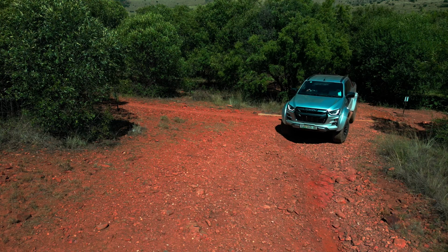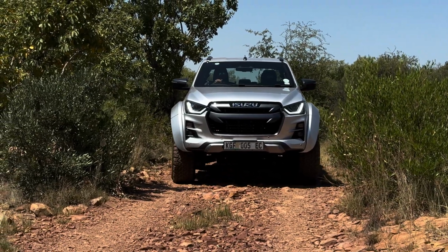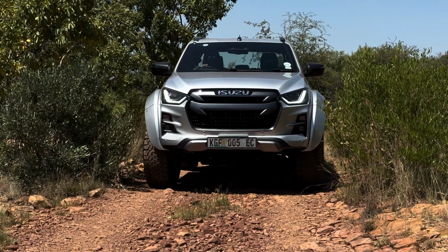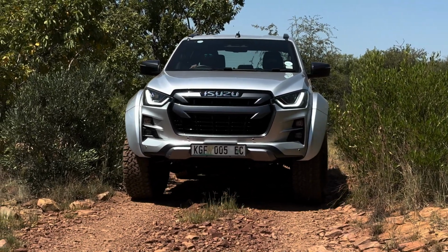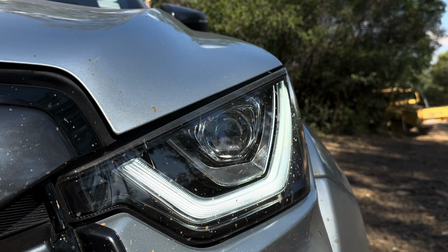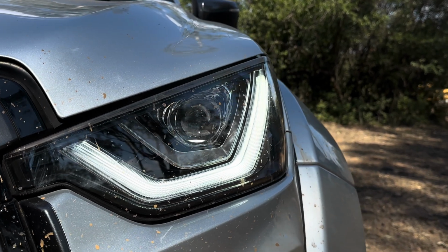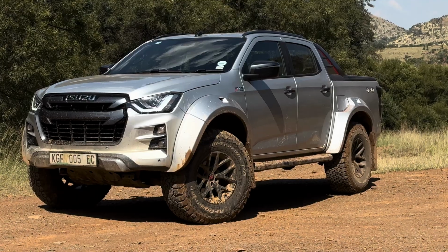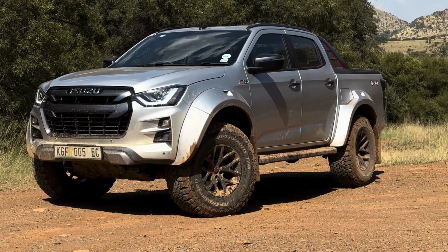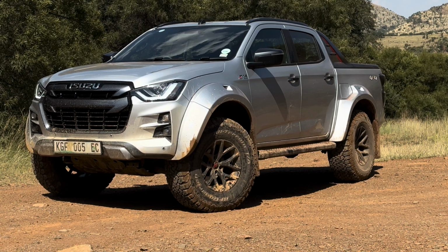It's got big flared fenders, and it's rolling on 35-inch all-terrain tires, so it is quite the attention grabber. It looks quite menacing, and I think a lot of people are staring at you on the road, and obviously it grabs a lot of attention. From the front of the vehicle, you've got a nice front grille. You've got these LED headlamps with daytime running lights, and moving around the side of the vehicle, you've got your